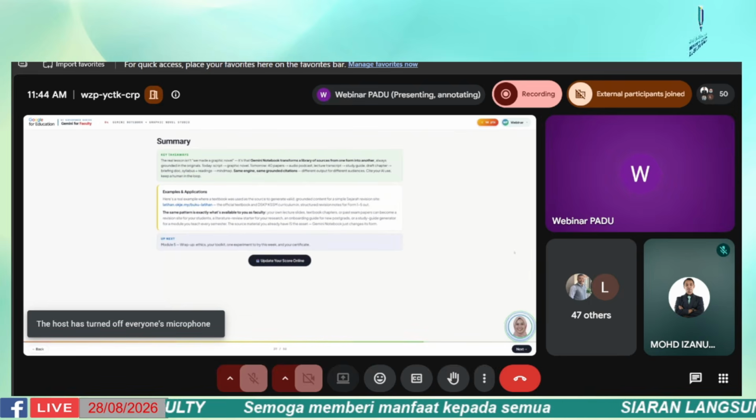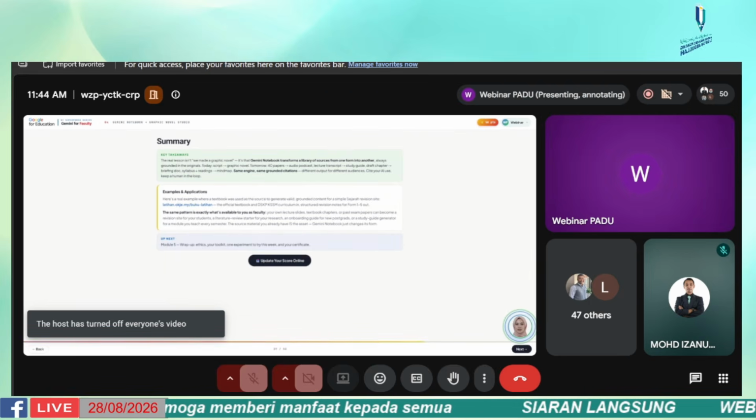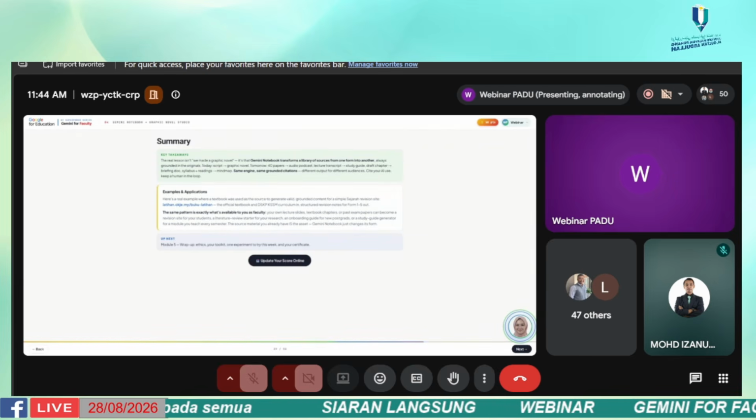Before we move into the final section, let's quickly recap the bigger idea behind this workflow. Today, we used Gemini Notebook to transform a script into a graphic novel. But the more important concept is that Gemini Notebook can take one trusted library of sources and transform it into many different forms of learning materials. That could be podcasts, study guides, summaries, briefing documents, revision materials, or visual storytelling workflows like the one we explored today. And because everything stays grounded to the original sources, the workflow becomes much more reliable and much more suitable